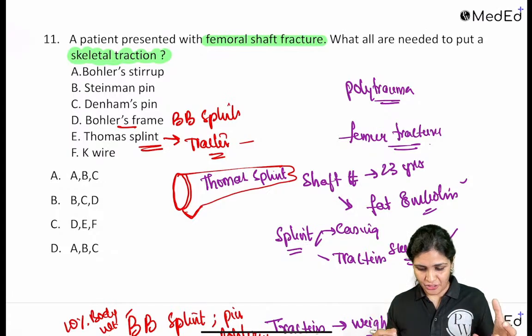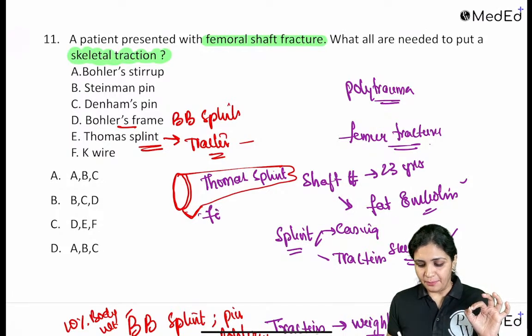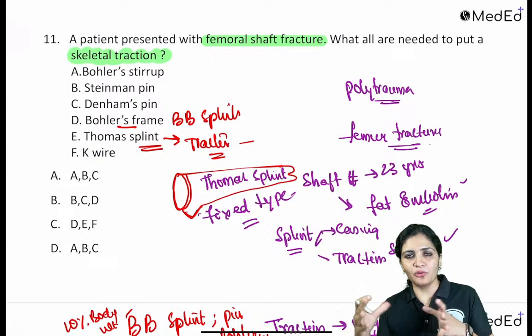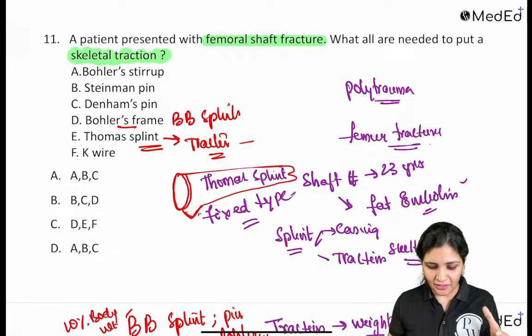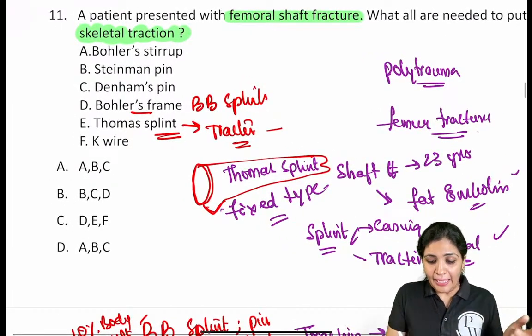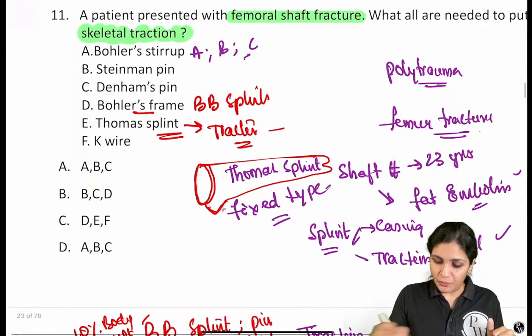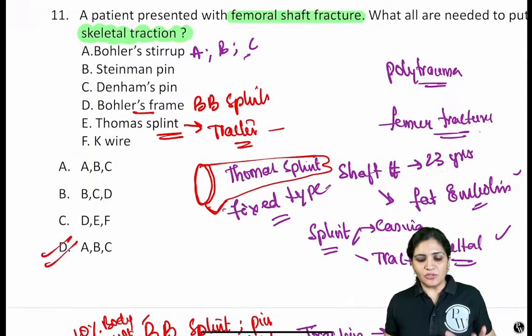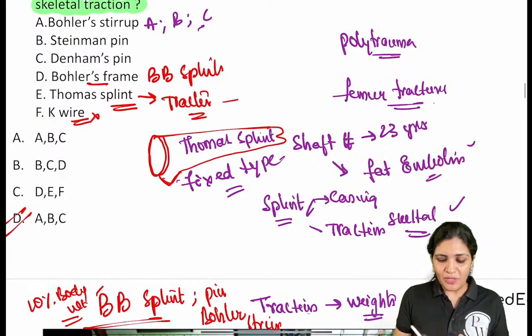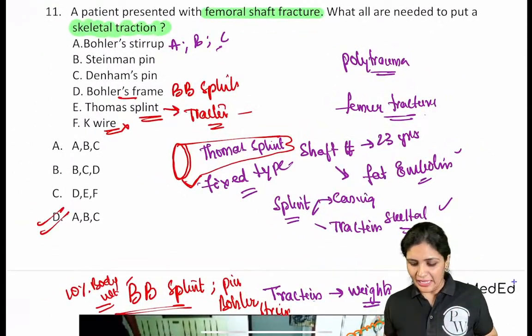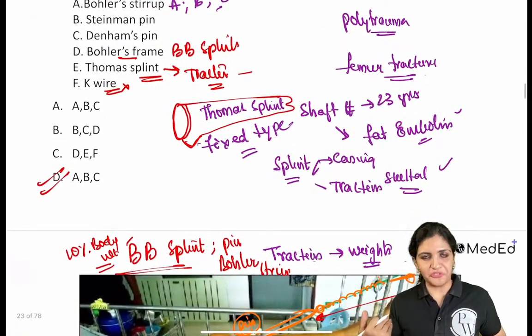This is for immobilization, right? This is a fixed type, right? So this is another area of traction, that is you don't put any pins in it. But in case of skeletal traction, what you use is the A, B and C to put the pin, to put the skeletal traction, right? So K wire is not used because this is very thin and this cannot be used in case of skeletal traction, right? So that is the answer for the BB splint,